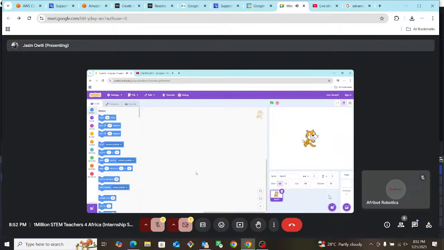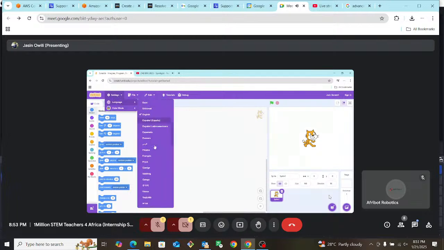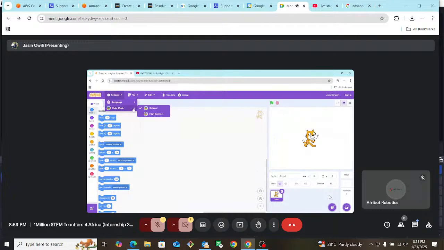Okay, so in the interest of time, I'll just give you a tour. I believe there are so many educators who have used this platform before, but for the sake of those who have not used it and also those who have little experience on the platform, I'll take time to introduce it. Now, this is the taskbar. You can access settings. From settings, you can choose the language that you want to use. Yes, if you are in Kenya, you can try Kiswahili. There are so many other languages that you could try.